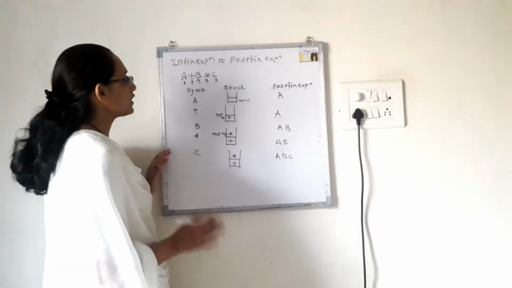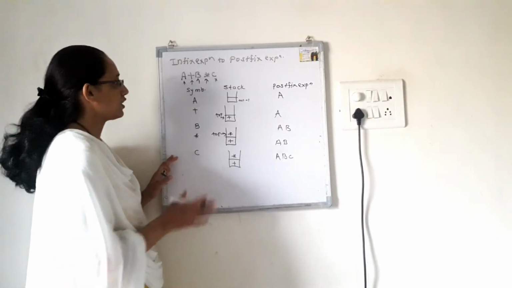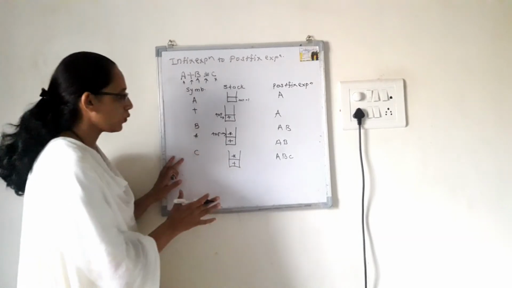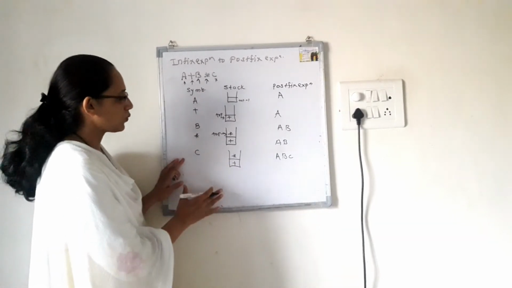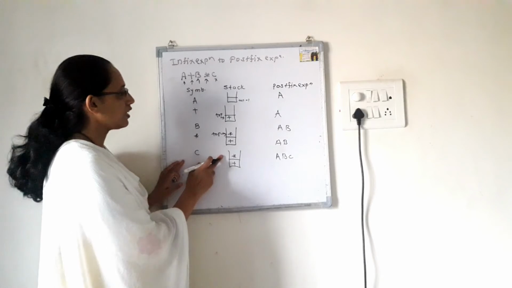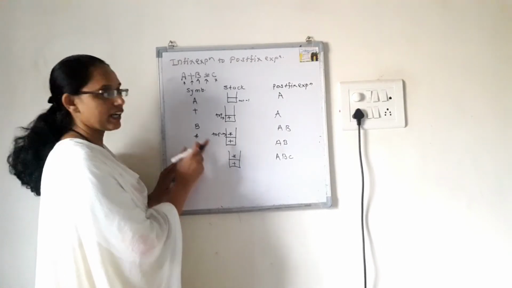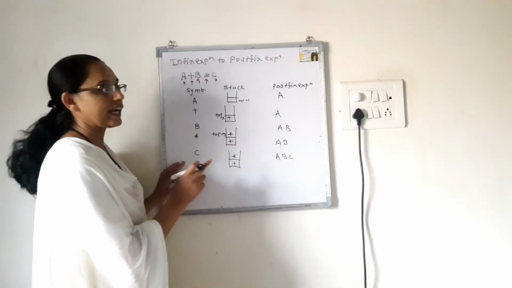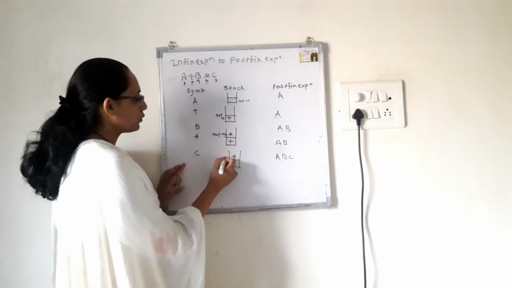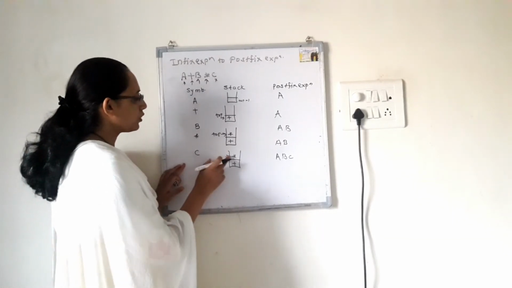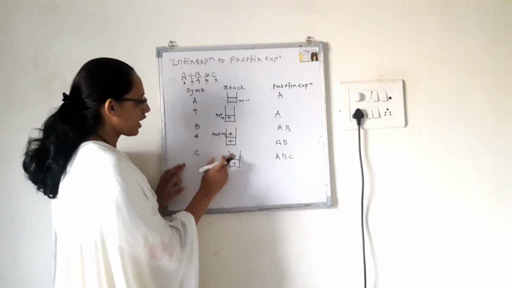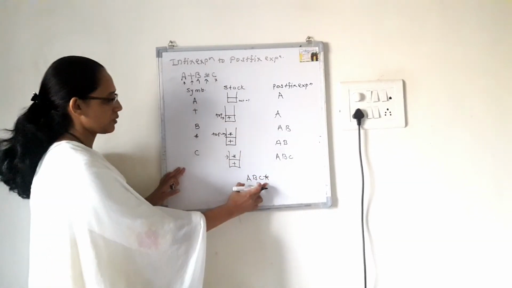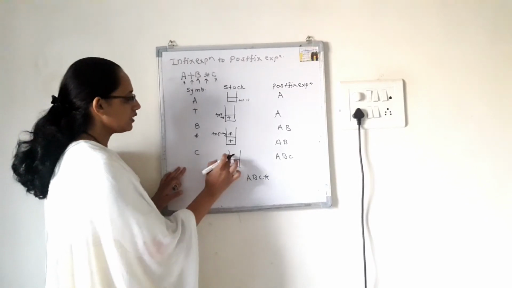Now after C there is no symbol in the expression. It means that the infix expression is over. Once the infix expression is over, what do we have to do? We have to check, is there any operator in the stack? If operators are in the stack, then we have to pop them until the stack gets empty. So the pop operation will be performed on the top element, that is star. Star gets popped and it is placed at the end of the postfix expression.